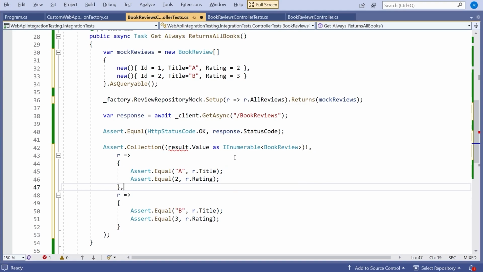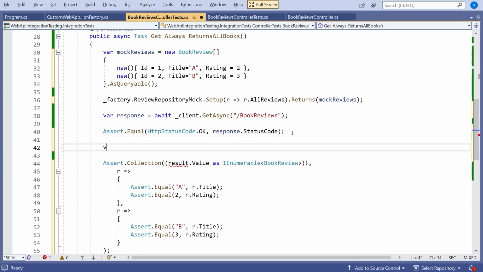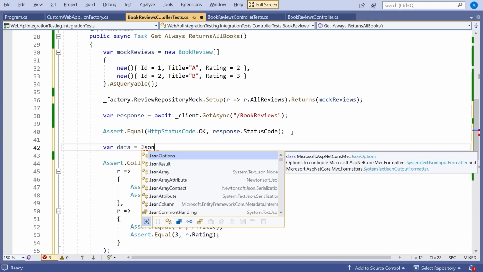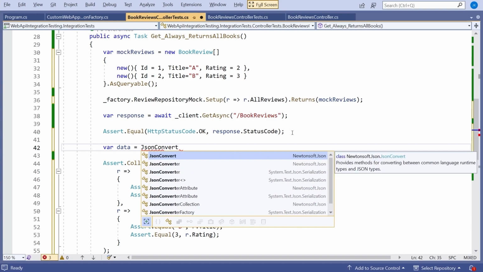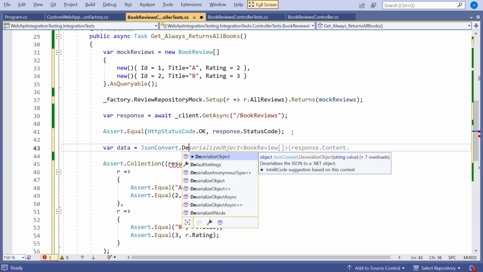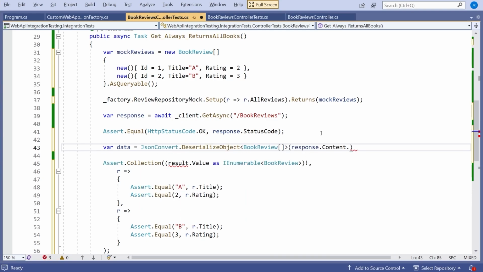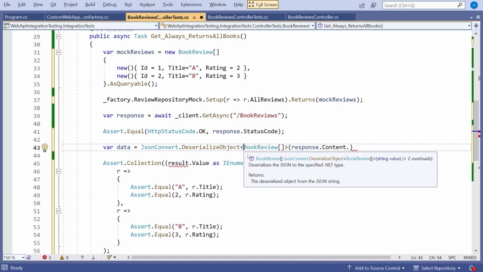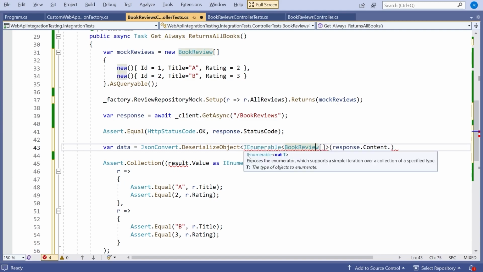We've got to do one more thing. We've got to unpack that data as it came out of the response. So we'll say something like var data equals, and then we'll do a JsonConvert.DeserializeObject to an IEnumerable of BookReview rather than an array.